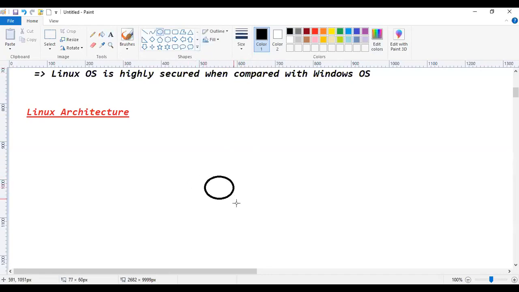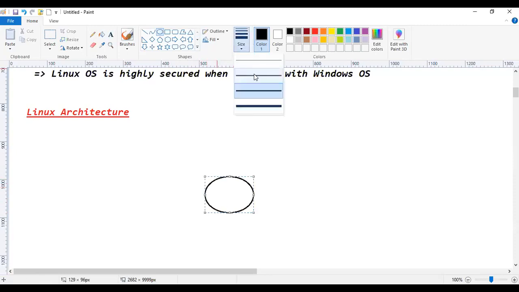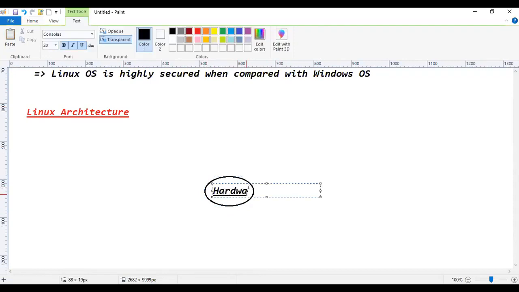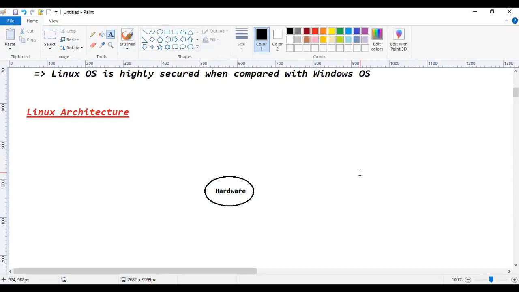Now for every computer we will have some hardware, right? RAM will be available, CPU will be available, memory, storage, like this. Some hardware components will be available for every computer. Got it. Now let's assume that this is the hardware of the computer. Now, in order to perform operations with this hardware,